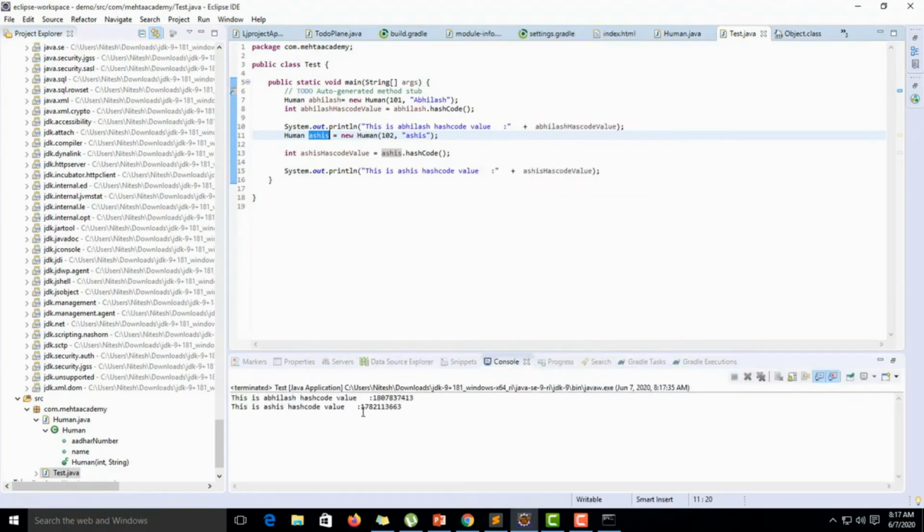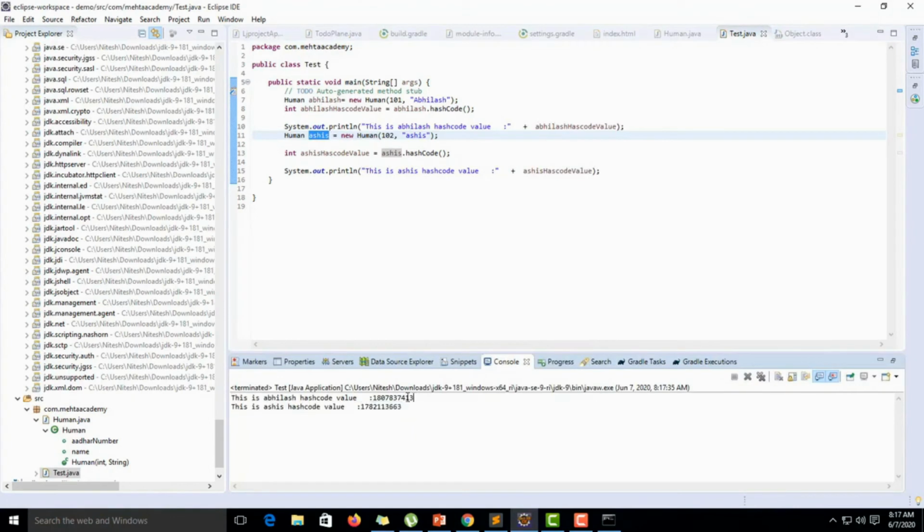See, here is the hash code of both objects. Both are different. So we can say the hashCode method gives a unique integer value for an object. For different objects we have different hash codes.